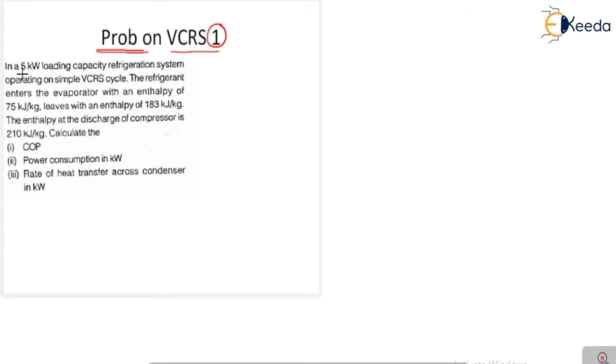In this question, first of all, we have to write all the given data. In a 5 kilowatt loading capacity, that means refrigeration capacity is given as 5 kilowatt. And what is the formula of refrigeration capacity? That means mass flow rate into (H1 minus H4). This is our refrigeration capacity in kilowatt. Okay, fine. In a refrigeration system operating on a simple VCRS cycle, the refrigerant enters the evaporator with an